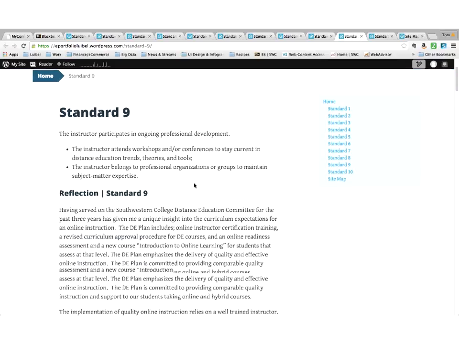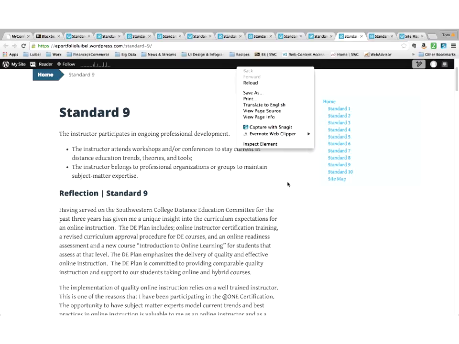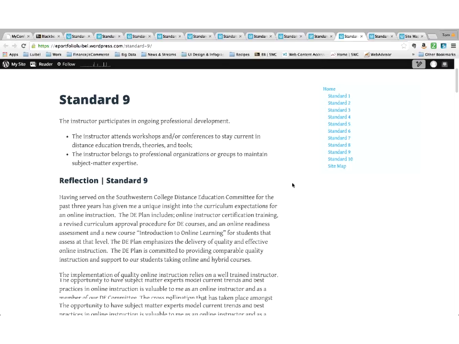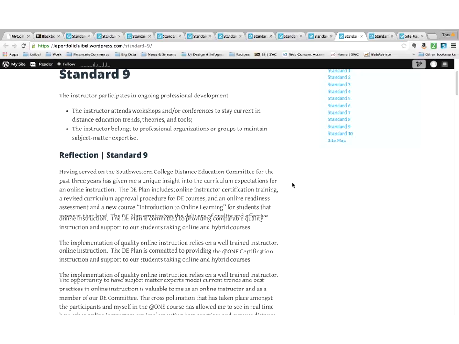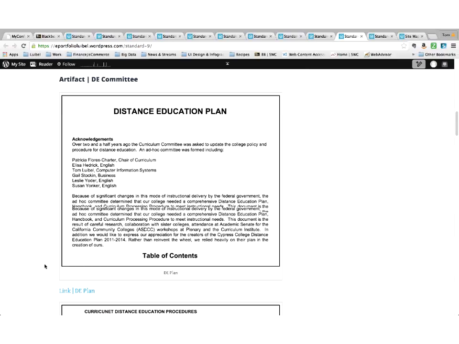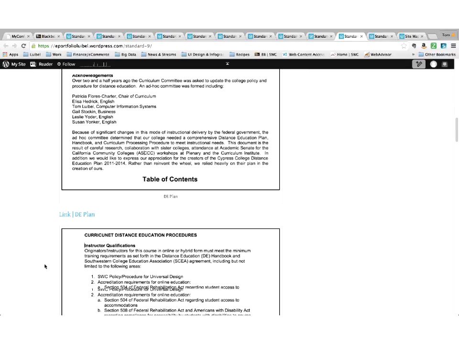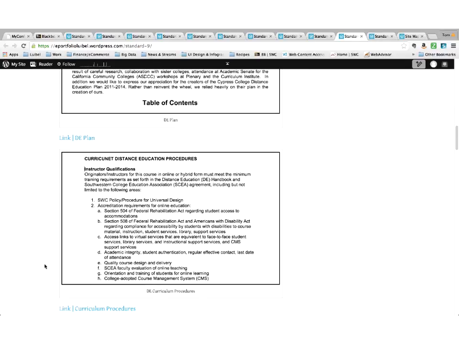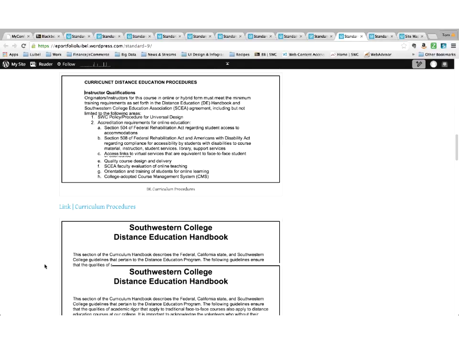Standard 9, the instructor attends workshops or conferences. And I just want to point out quickly, I've been on the Distance Education Committee, and believe it or not, we have given birth to a distance education plan, to a new curriculum procedure, to a new handbook for the instructor, and we are adopting the OEI model for evaluating courses. So it's been quite a task, and it's been quite an education, and I'm glad I did